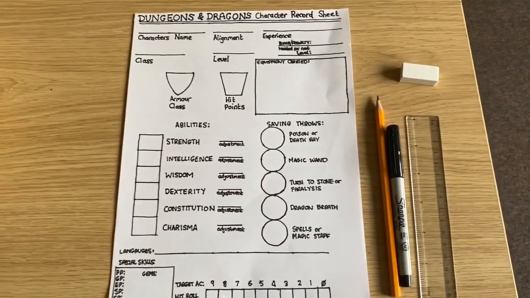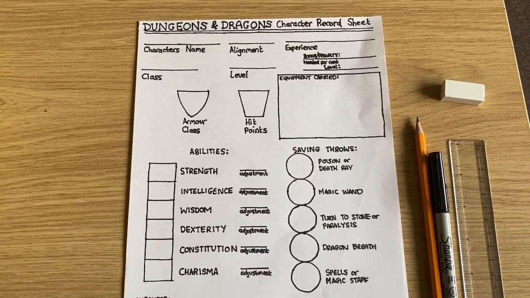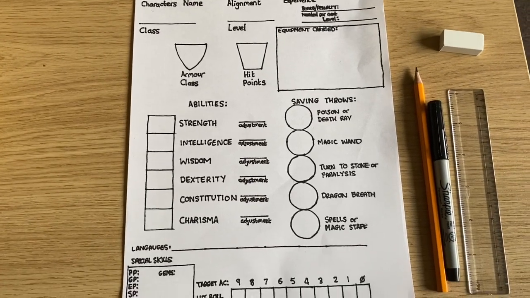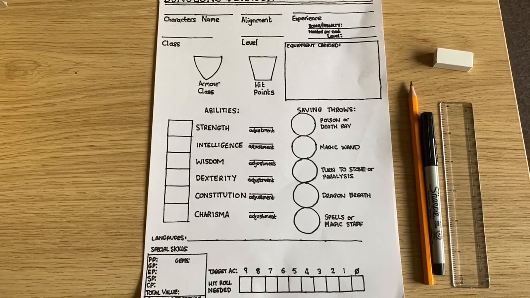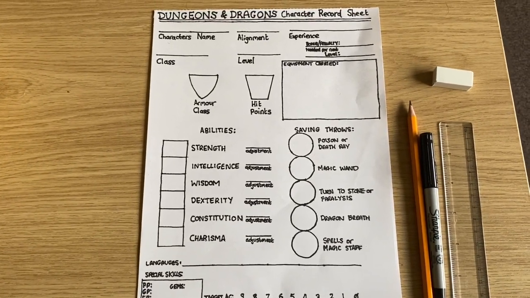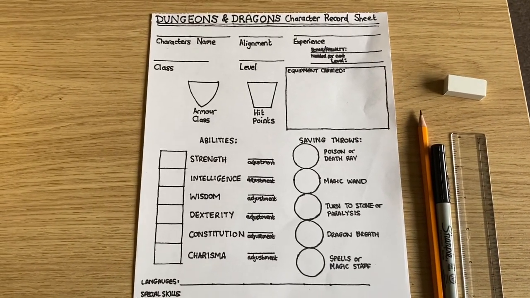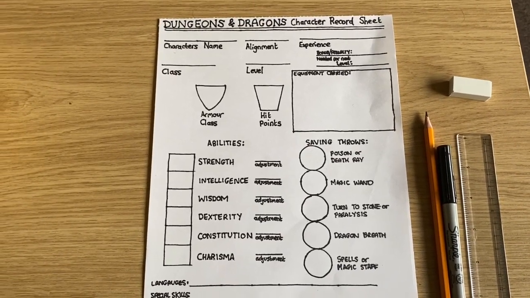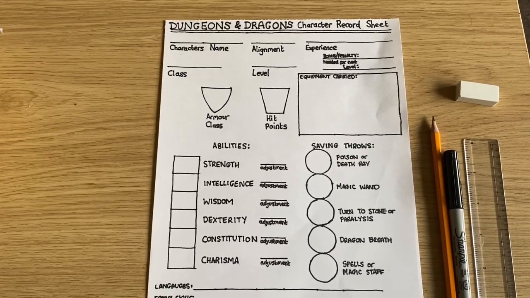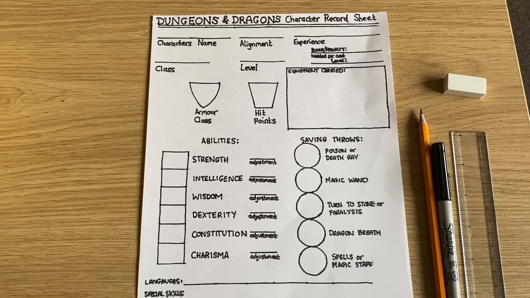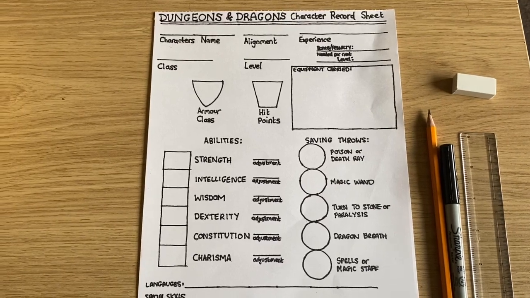So before we create a character, the first thing we actually need is a character sheet in order to record all the character's stats. There is one included in the Mentzer D&D Player's Manual, the Basic D&D Player's Manual. But because we're currently social distancing with the coronavirus pandemic happening at the moment, I don't have access to a printer, and I don't have a hard copy of the Player's Manual at the moment. So